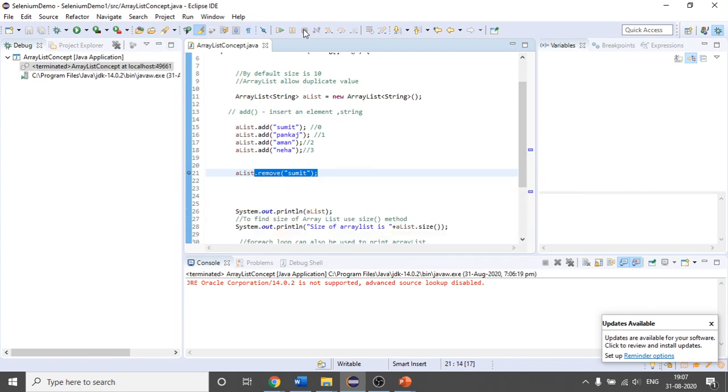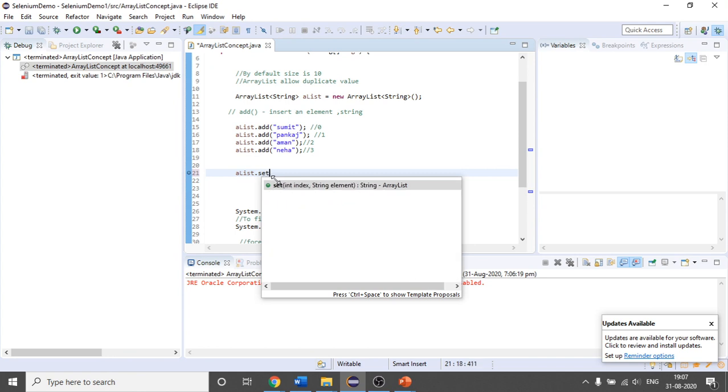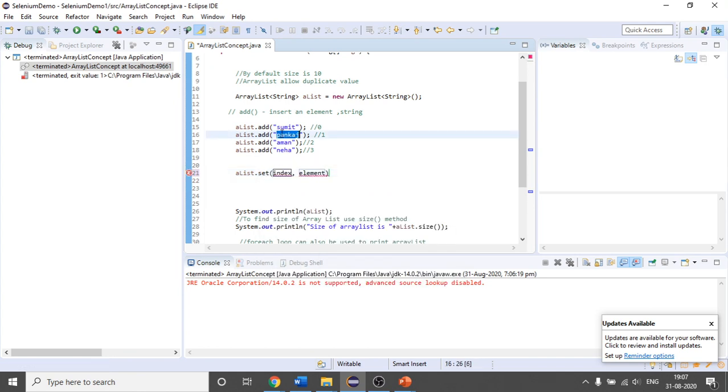See, there are so many methods, but you can use this set. What you have to do, instead of Pankaj, this is our index. Okay, tell me what is the name I should rewrite? Industry IT Selenium. Okay, something like this. So let me debug this program very quickly again.